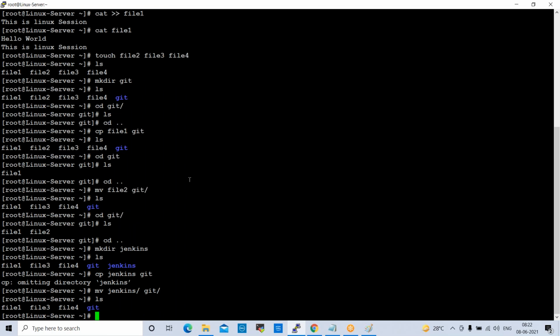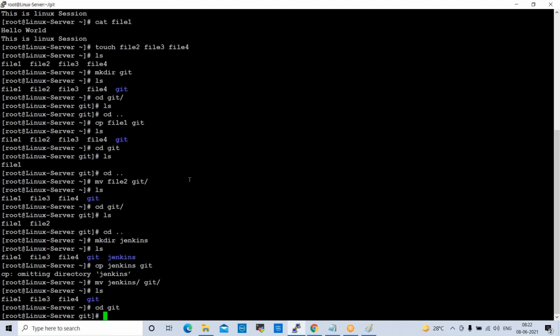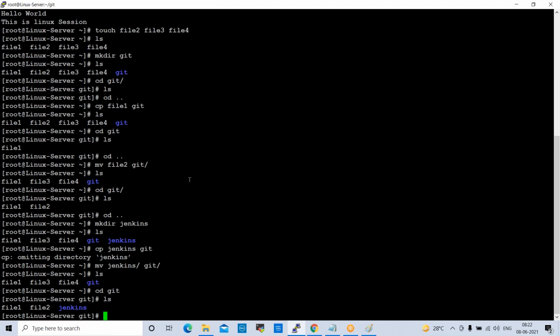So Jenkins is moved to the Git directory. Now if you go and check here, cd git, ls here, Jenkins is moved to the Git directory.